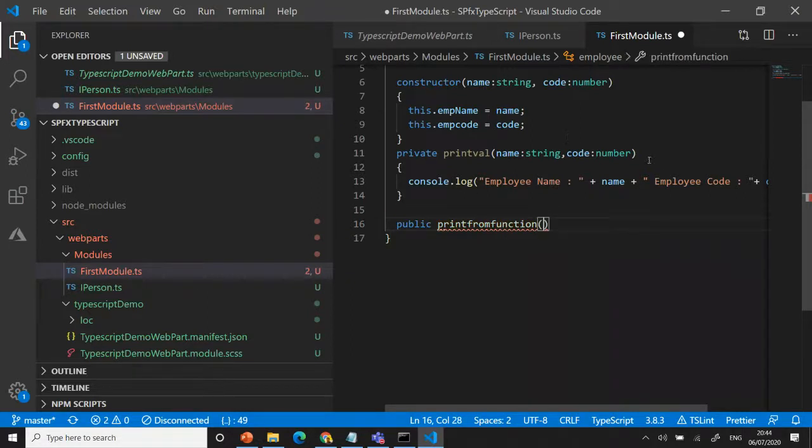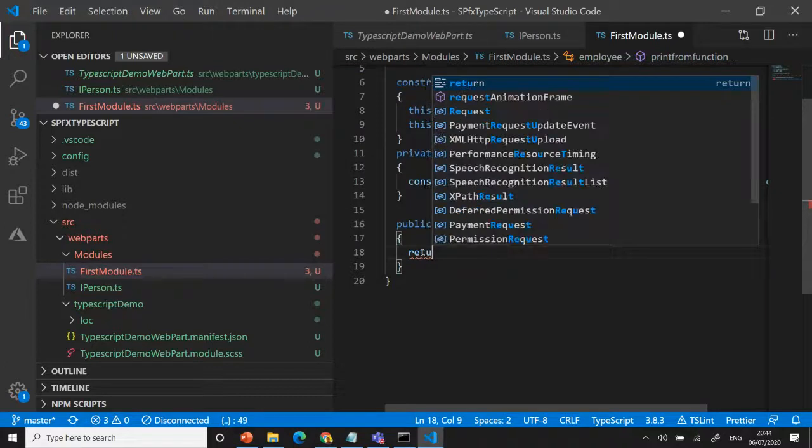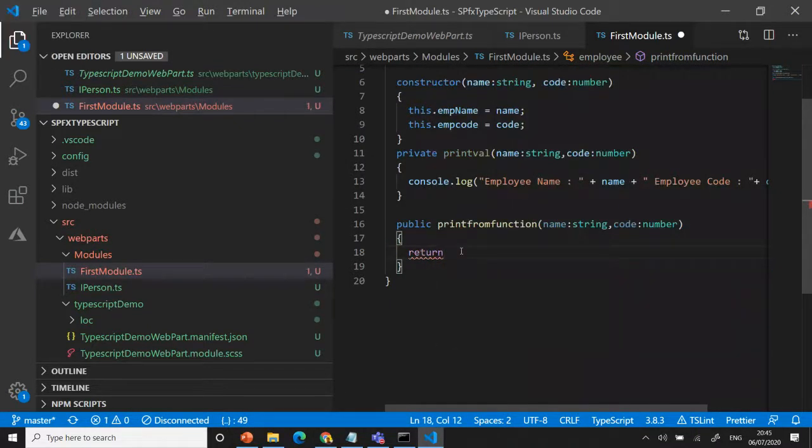Use the same methods, whatever you want to pass the value there, you can send the value, right? Like the same way, if you want to return back. A constructor doesn't return anything, but with the methods, you can return back the same value. I can say welcome, colon, plus name, plus code number.